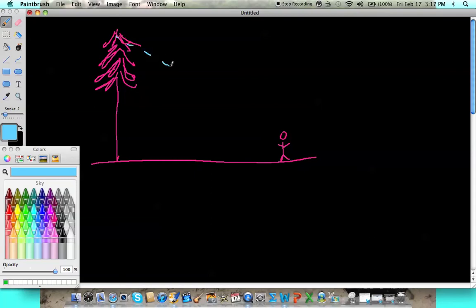Here's my tree. And we have somebody standing right over here, and they want to know how tall the tree is. But of course, they can't measure how tall the tree is because it's really tall. So they're going to use a special tool